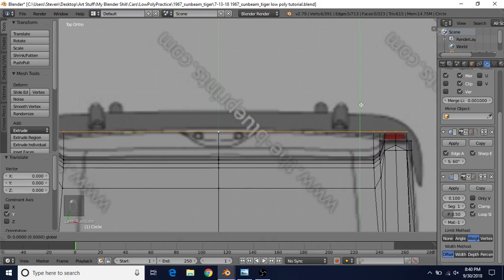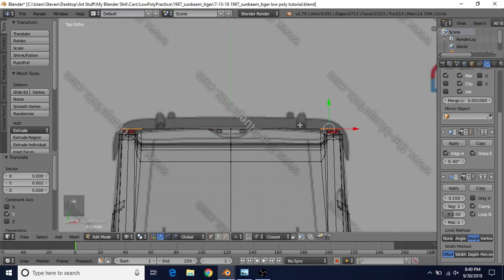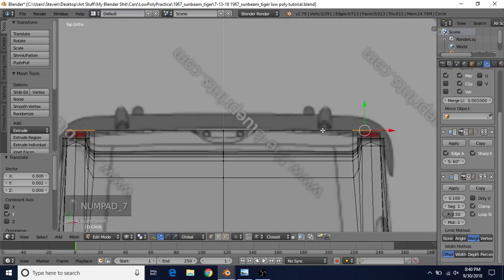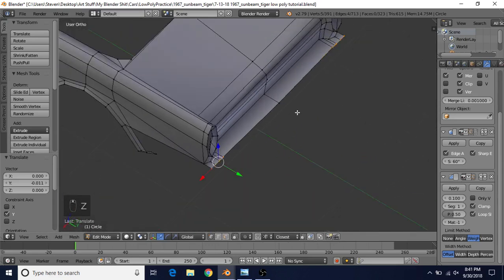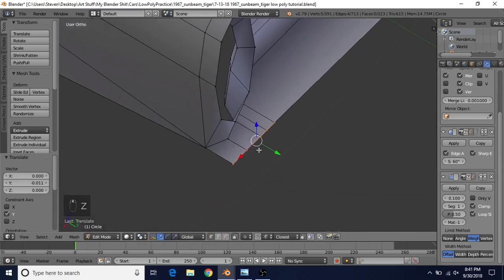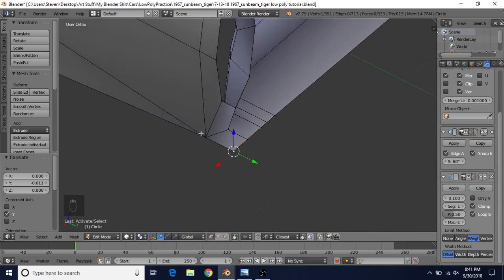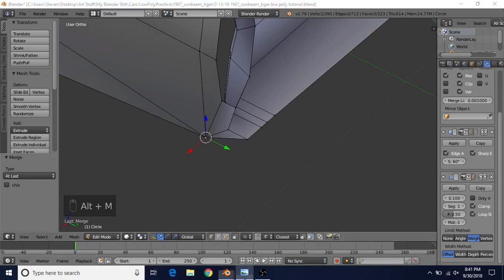That's probably decent. It actually does have some curvature, so the center point should be a little further out, and then the rest of these, if we deselect this one, the rest of these actually should be pulled in a little bit, and you could even pull some of these in a little bit as well, but we'll do that in a second because we're going to get rid of this vertex. So we're going to select it, shift select this one, Alt M, and choose that last to merge it over,